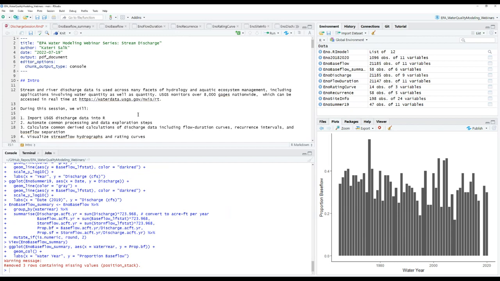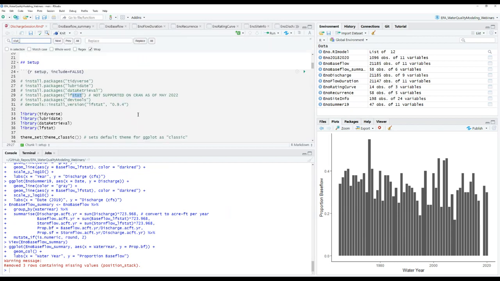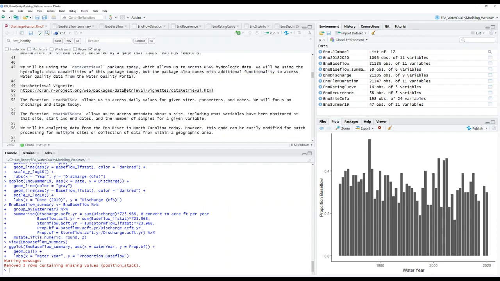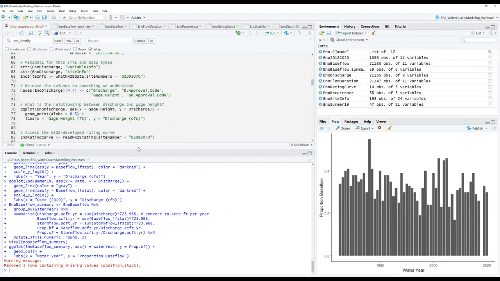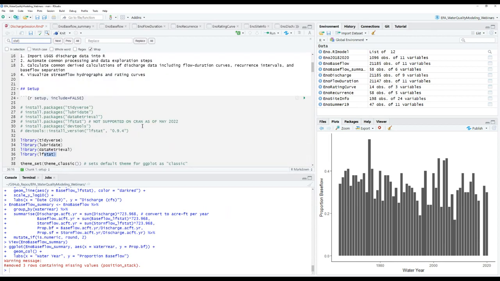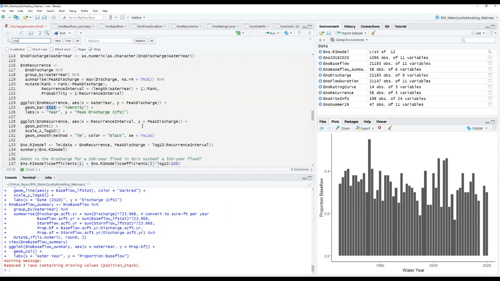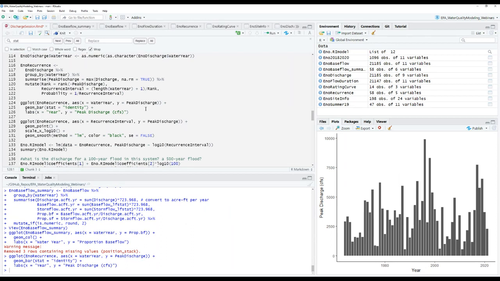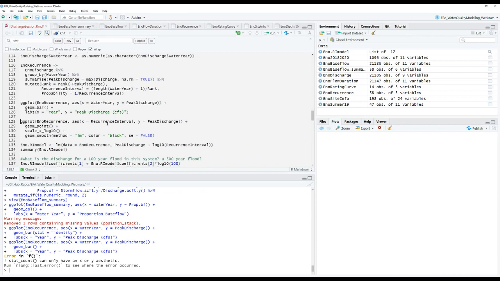Next question is down in the weeds, on one of your code lines. What is stat equals identity with geom bar doing? So I'll publish it so you can see this. Yes. So I need to find that. Okay. So remember, let's go back all the way to plotting water year versus peak discharge. If we want to create a bar chart, let's see if it'll do it if I actually plot it without, oh, no.